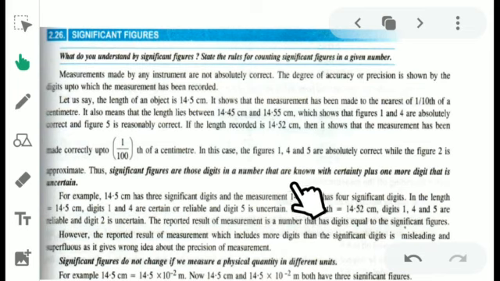That means how many significant digits are in 14.52? 4 are there, and here how many? 3 are there. Few rules are there to find the significant figures. So significant figures means those digits in a number that are known with certainty plus one more digit that is uncertain. That means till 14 here is certain and 5 is uncertain. That is why how many significant digits are there? That is 3 significant digits.